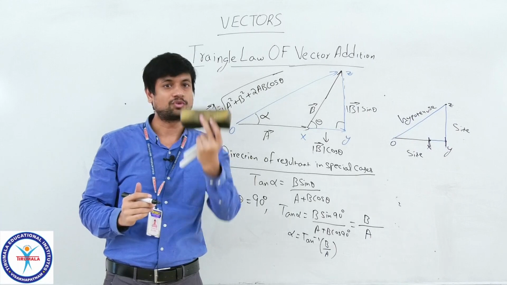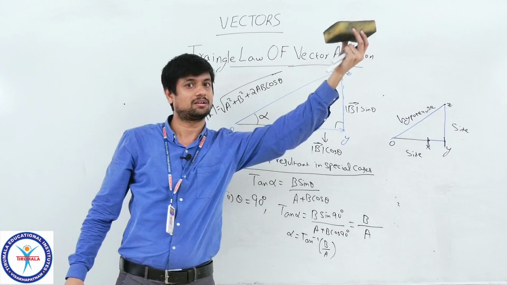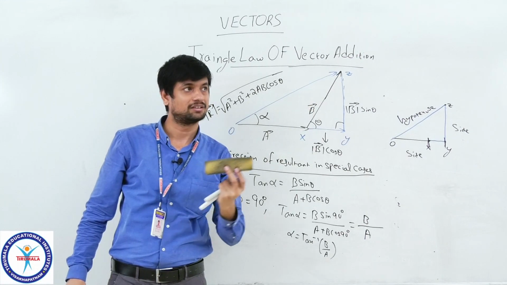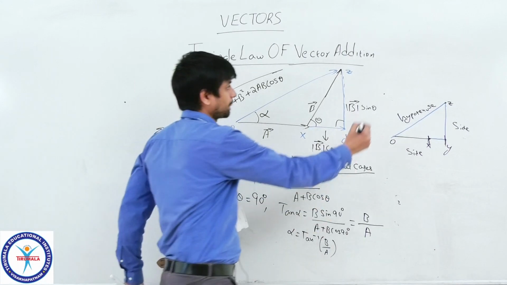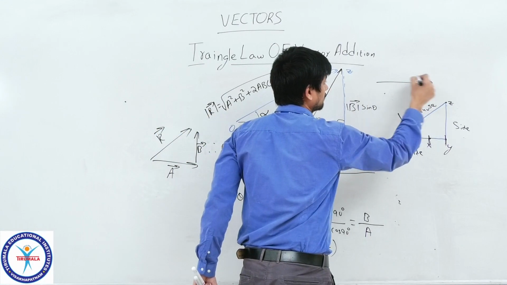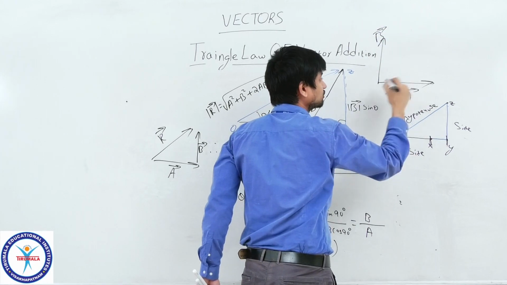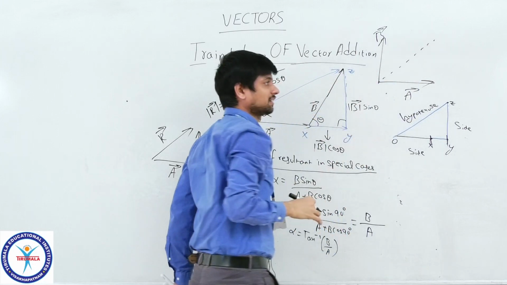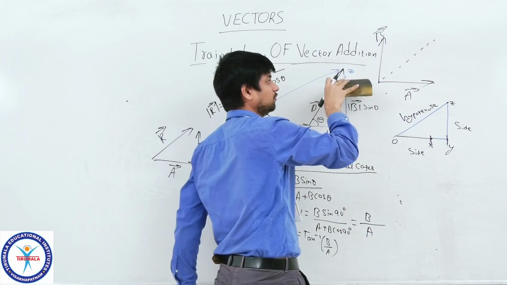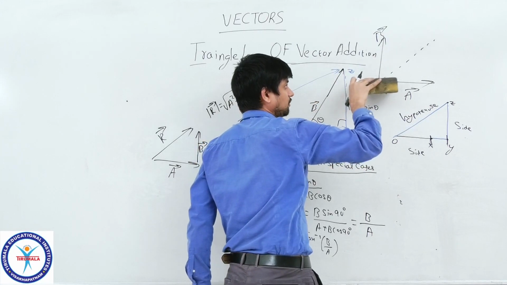Your force, my force, so the resultant goes diagonally. This is B bar, your force, this is A bar. So, the resultant will follow in a slant manner. This duster is applying force in this way, you are also applying force in this way. So, the resultant will follow in this direction.